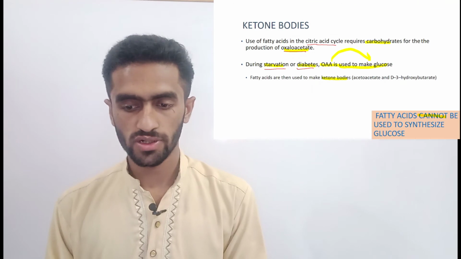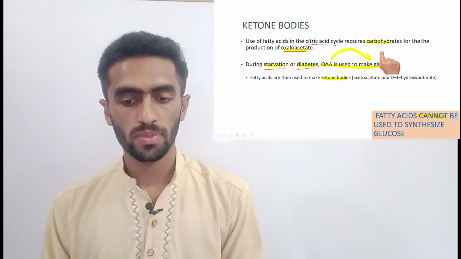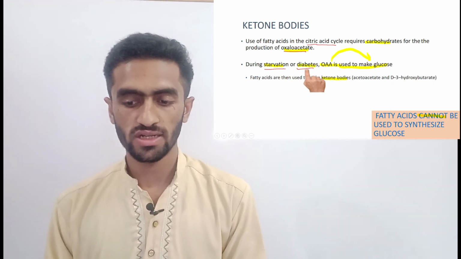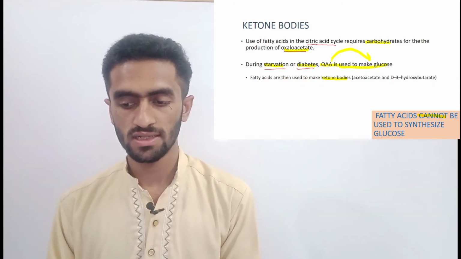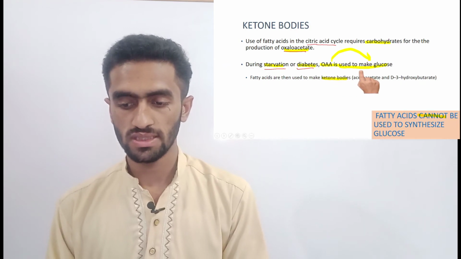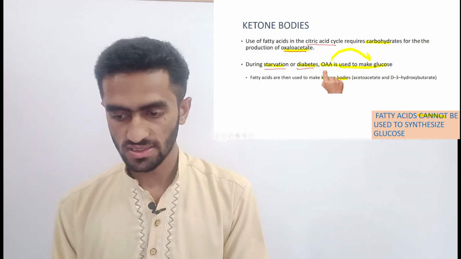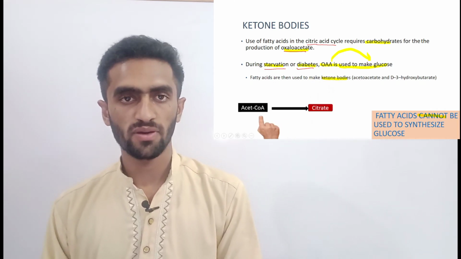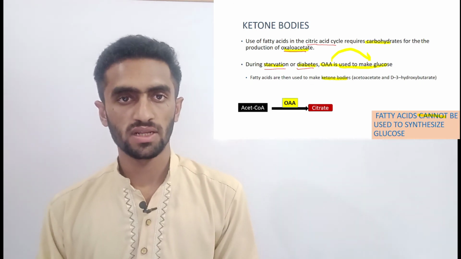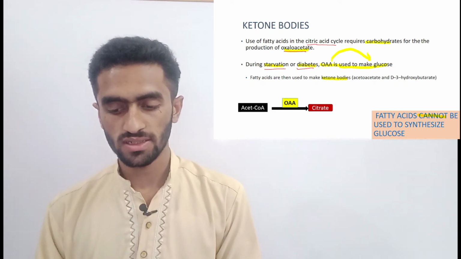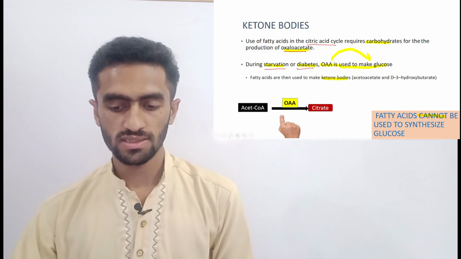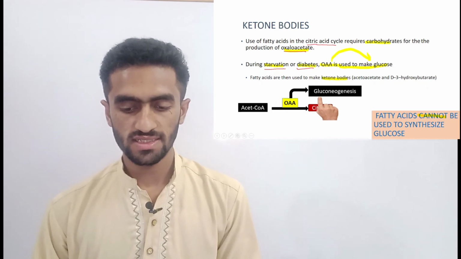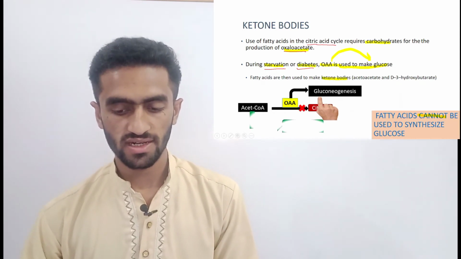Carbohydrates are necessary for oxaloacetate, but in case of starvation or diabetes, oxaloacetate is less in number. So in this way, ketone body synthesis starts. Acetyl CoA, with the help of oxaloacetate, normally starts the TCA cycle and forms citrate. But when there is low glucose, gluconeogenesis starts, the TCA cycle stops, and another pathway starts,